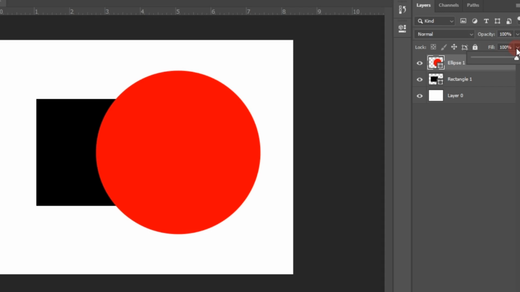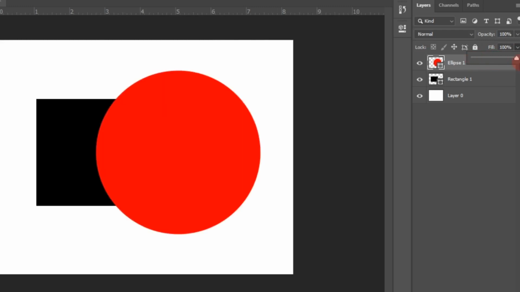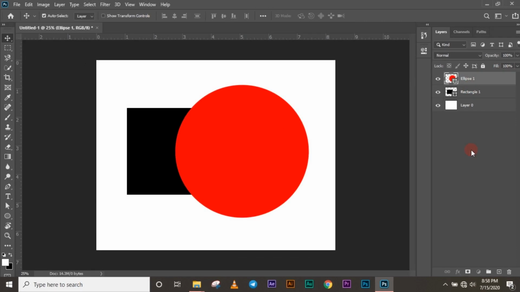Just that it completely adds or removes. For instance, you see at 100%, you take it to 50%, and then you get to understand what it actually does. The fill affects the content of the shape or of that thing from within its borders. So for instance, you can apply certain styles to this particular ellipse layer, and we can